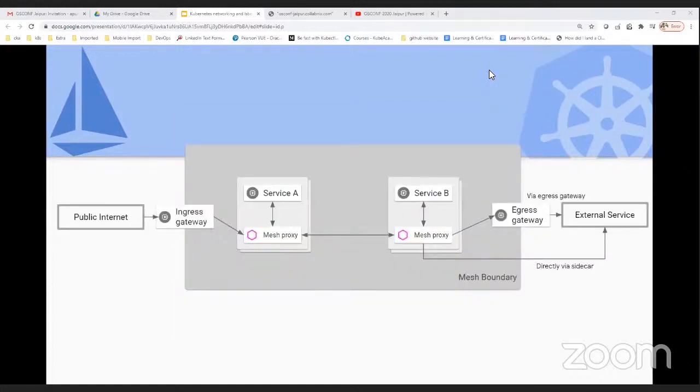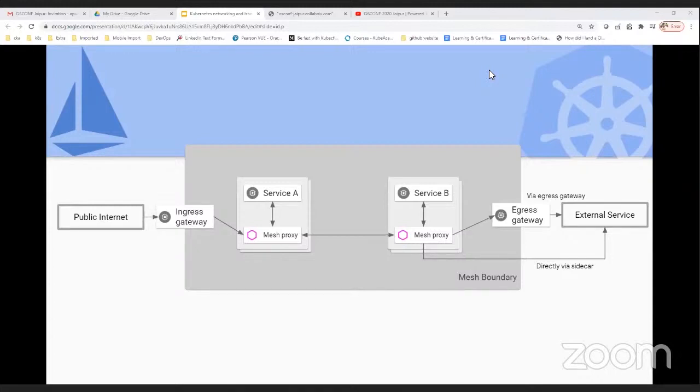If I'm looking at the top of the diagram, I'm hitting a service from the outside of Kubernetes, or trying to access a service I have deployed inside the cluster. If I'm hitting it from the public internet, Istio has the Istio gateway. The Istio gateway runs the server side proxies, and from the server side proxies the traffic gets to your mesh proxy, that is the Envoy proxy. That is how the flow works.